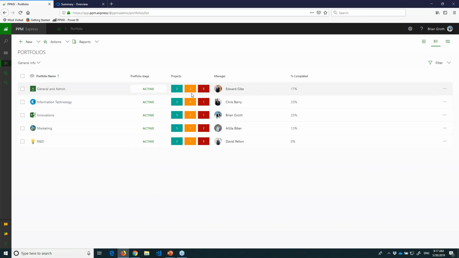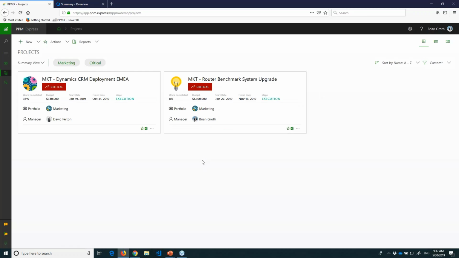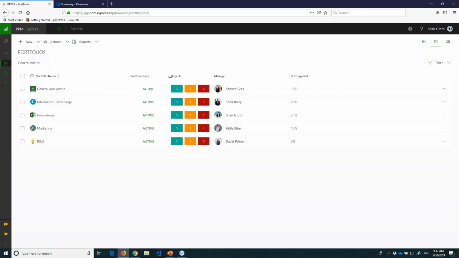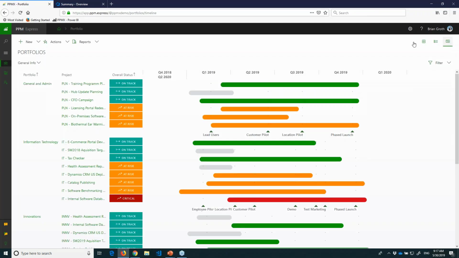projects, and immediately you see what we highlight, for example, that marketing has two projects that are critical. I can click here and see that information in the application. Immediately I can see that I have two critical projects. I see them here, and I can drill down and do my research and find why it is critical and what can be done. If I go back here, another view we have is the timeline view, where I can